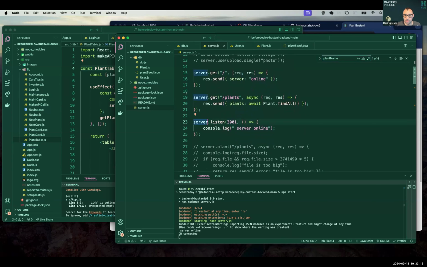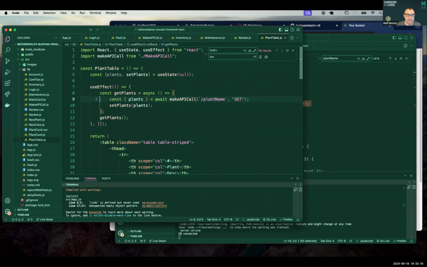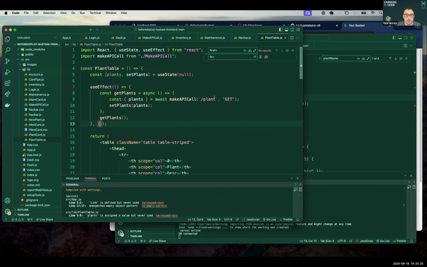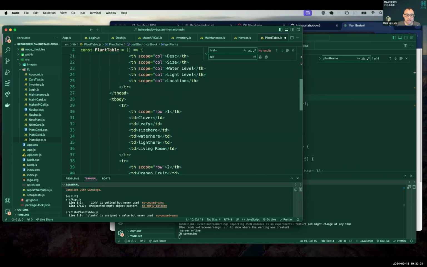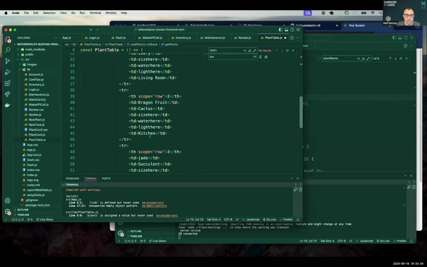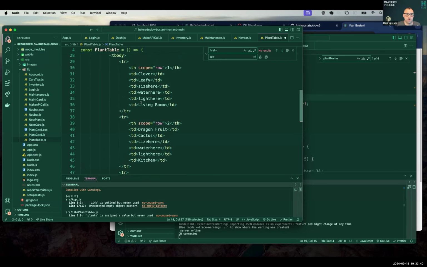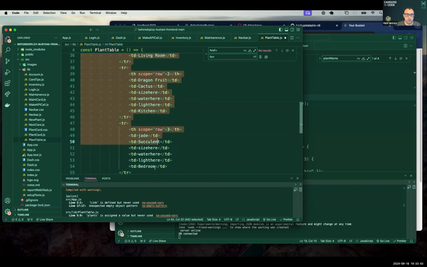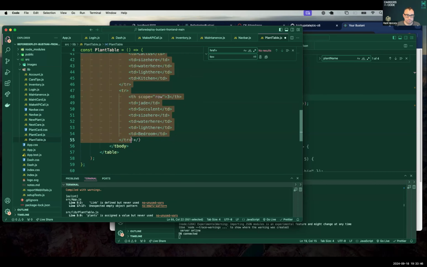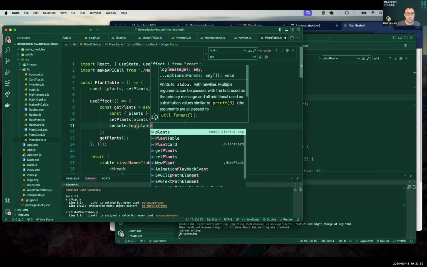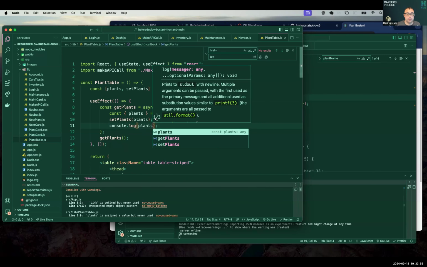We're gonna use this one that's already here. So we're gonna come over here and line that up to go to just plants, okay? And then you're gonna set your plants, so you were on the right track there. The only thing that you need to do is generate this data based off of what you set into scope. So we're going to comment all of these out so we don't get confused by them. And actually what we should do is console log out our plants to make sure that we're getting the data we expect.